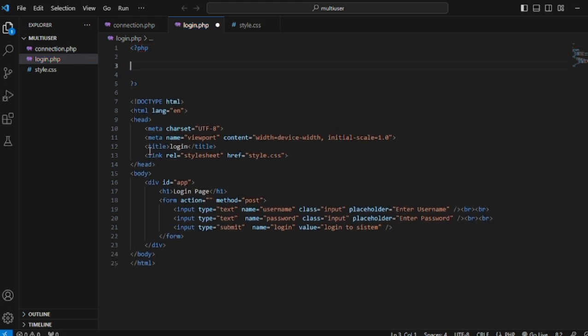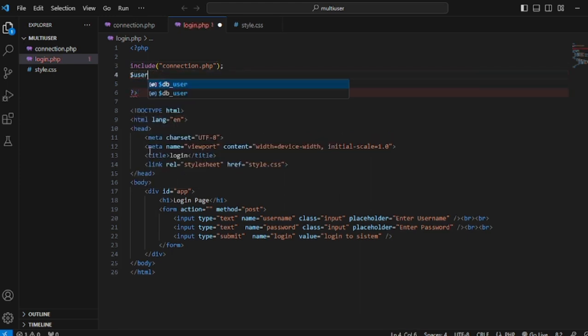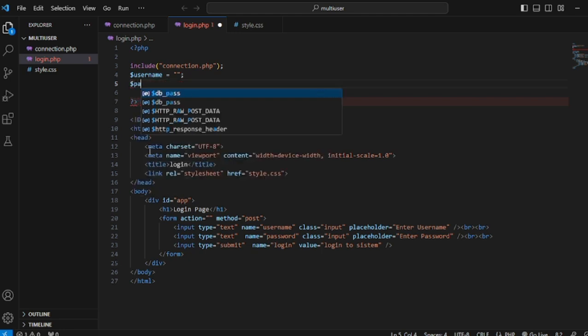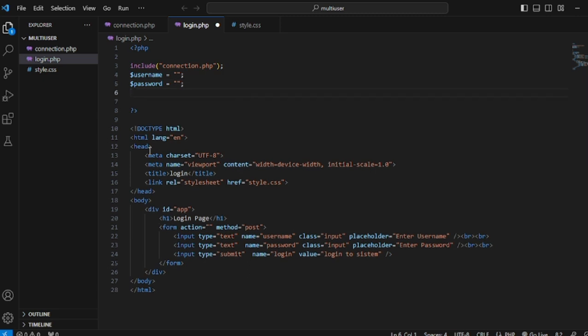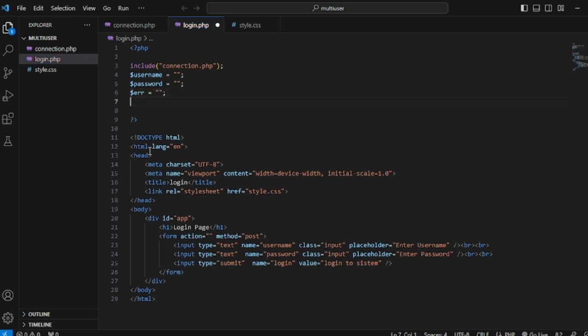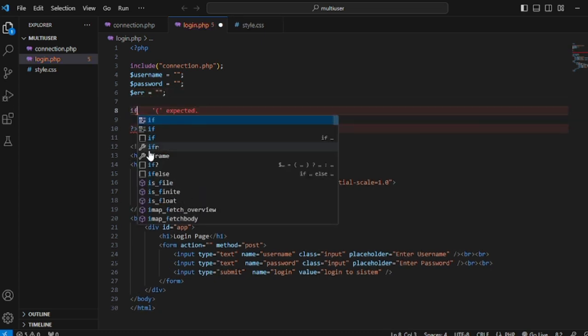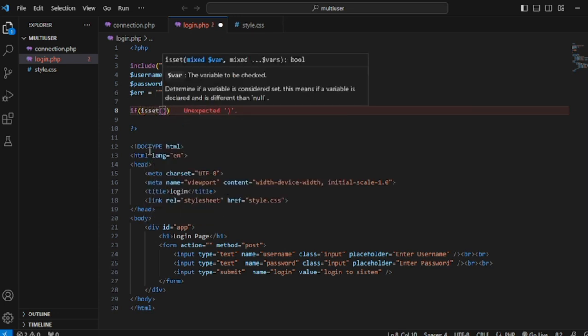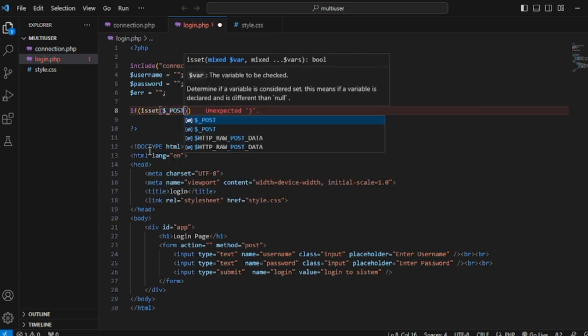Like this. And you can include the connection.php and dot comma, and then $username equal blank like this, and $password same, and then $err line 2, and then we're gonna try if isset $_POST